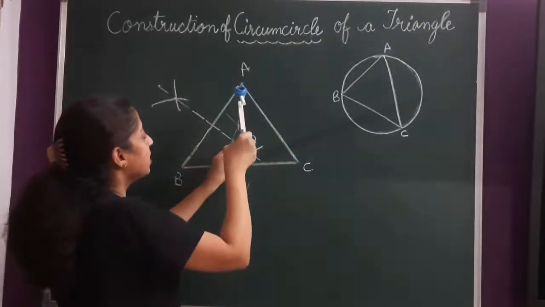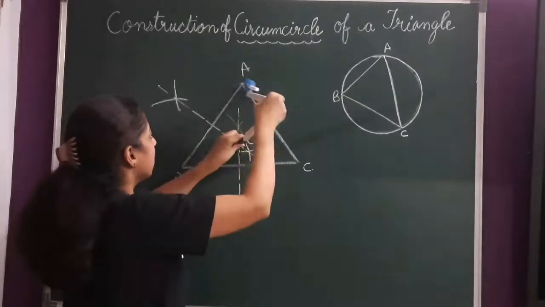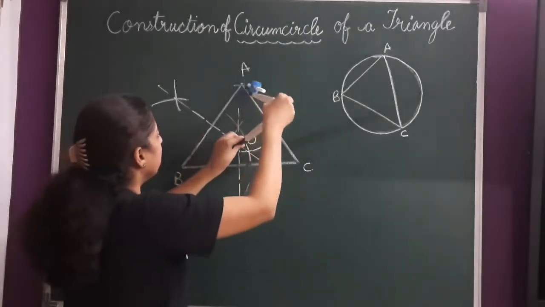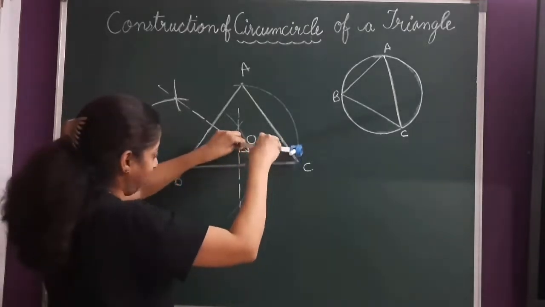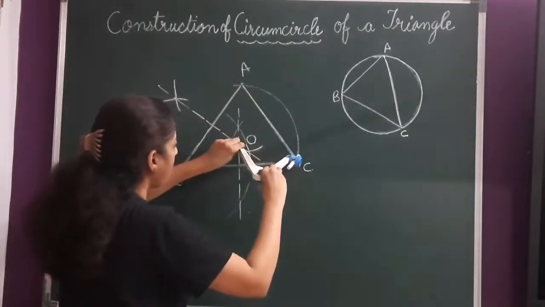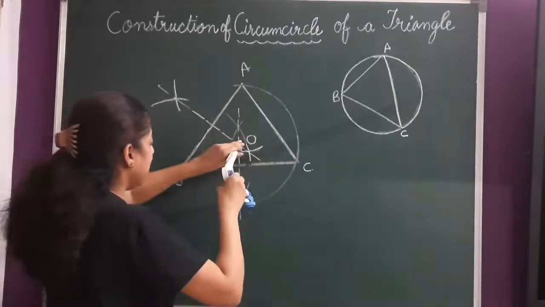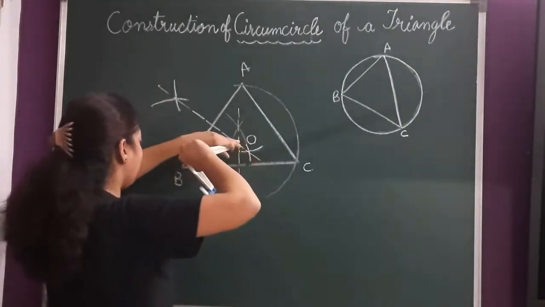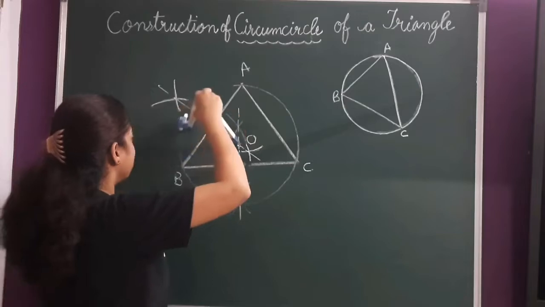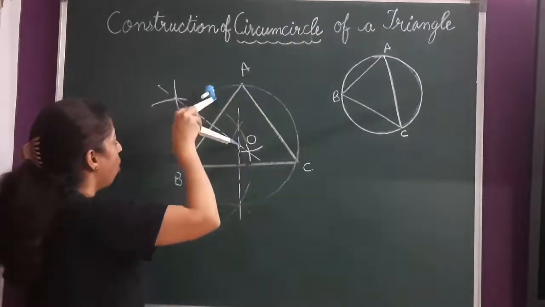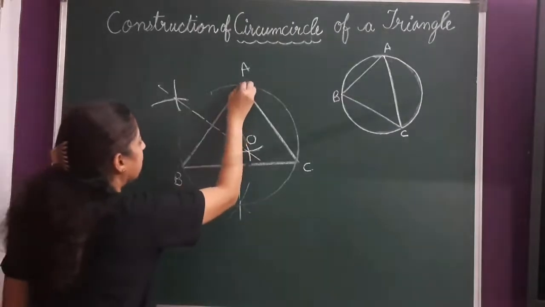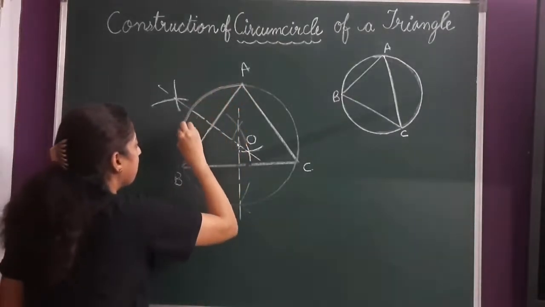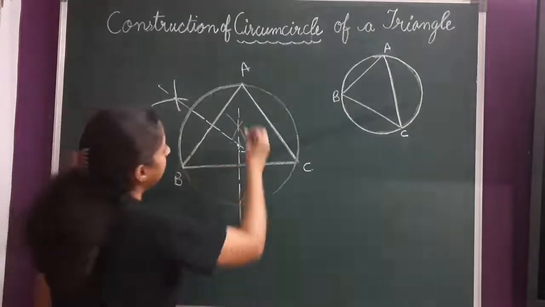So now keeping this at center, you can draw a circle. Be very careful. This circle shall pass through all the three vertices properly. Mine will not be that accurate because my pencil is not that sharpened. But yes, see, it passed through all the three. Let me darken it.